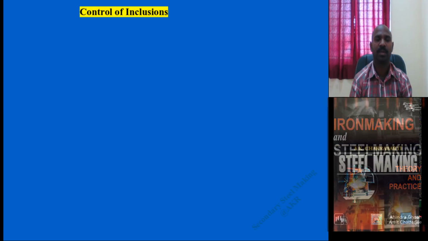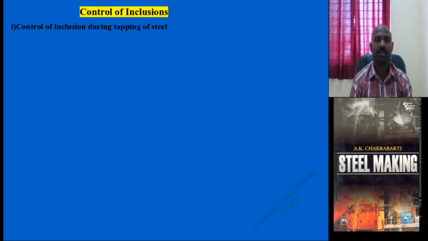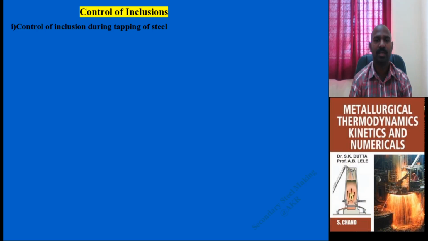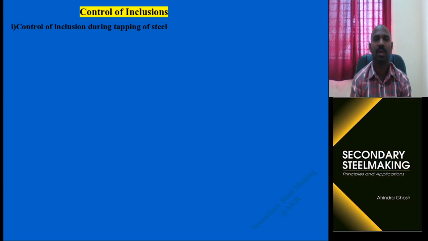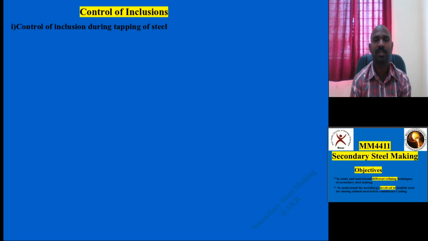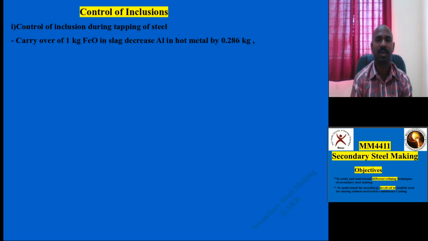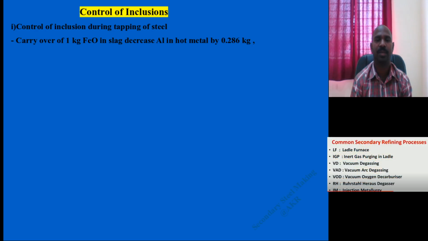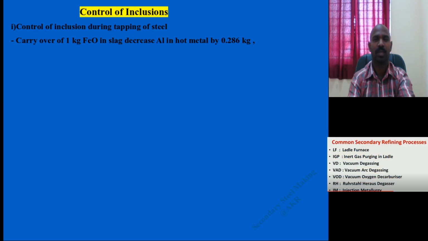How do you control these inclusions? At what stages are these inclusions entering the steel? At a later stage, for slab, billet and bloom kind of steel, how do you avoid them? During the tapping of molten metal into the ladle after the secondary refining stage and taking it to continuous casting, what happens? If 1 kg of FeO slag is carried forward from the tapping of steel, it consumes